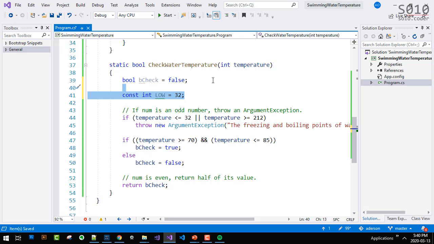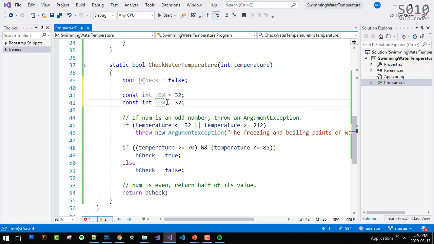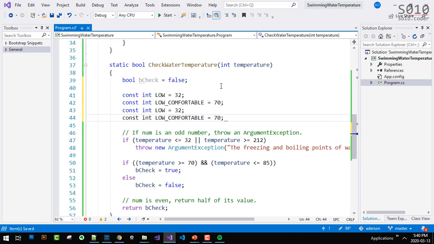Then we have low comfortable, which is 70. High and high comfortable. High is 212 and high comfortable is 85. And then we just replace this accordingly.